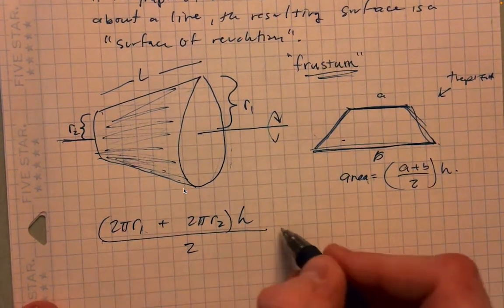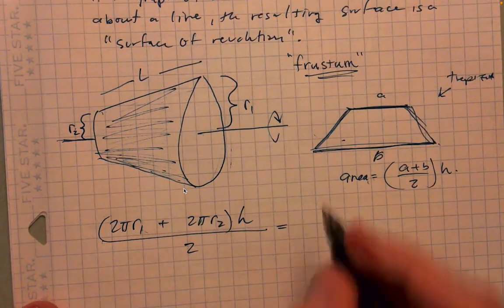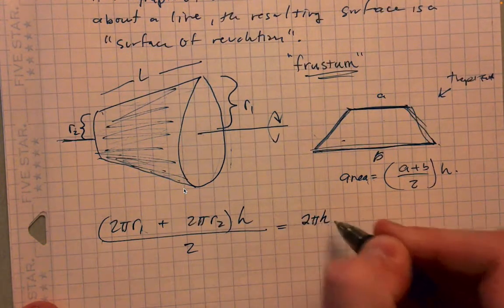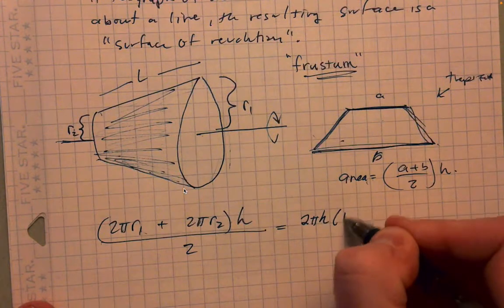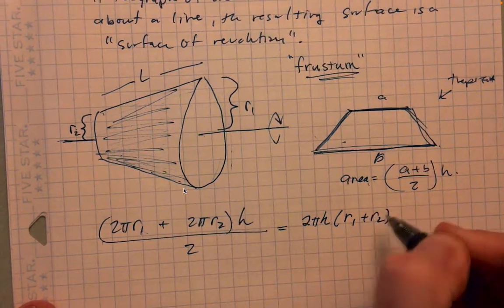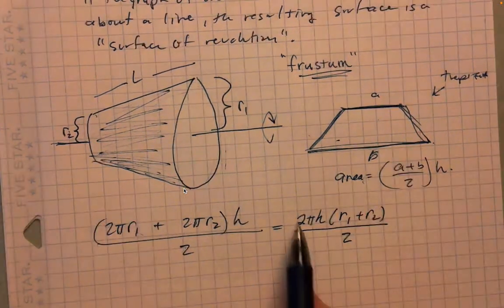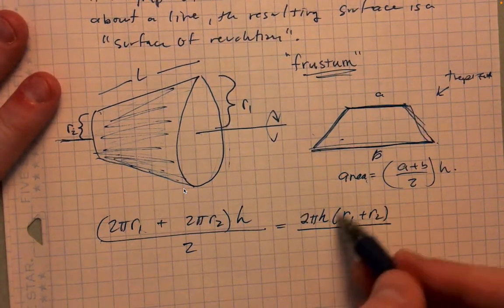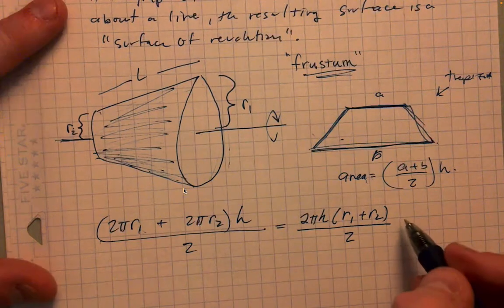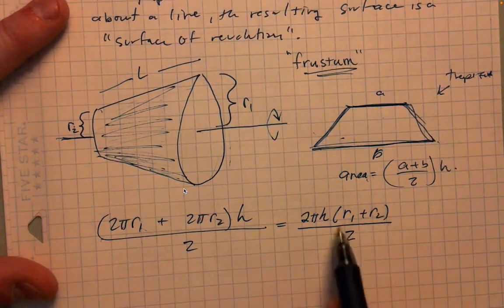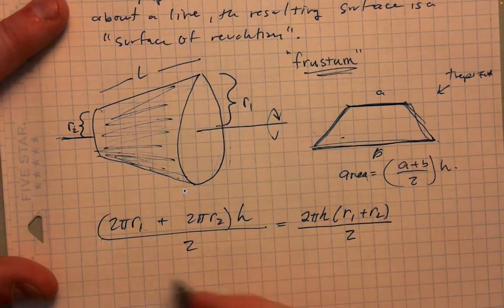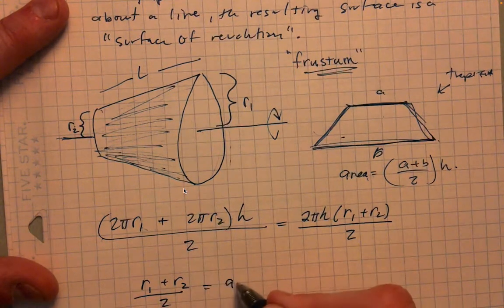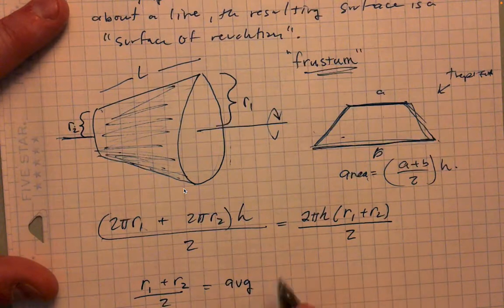Right, so we can rework this a little bit, and we're going to need to. So I'm going to pull the 2 pi h out to the front, and then I'm going to leave r1 plus r2, and then all divided by 2. You may be saying, why are you not canceling those 2's? Well, what I want to do instead of canceling the 2's is I want to think about r1 plus r2 over 2. So basically r1 plus r2 divided by 2 is the average radius,